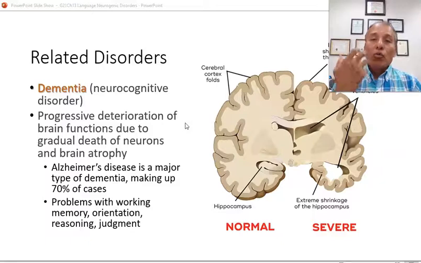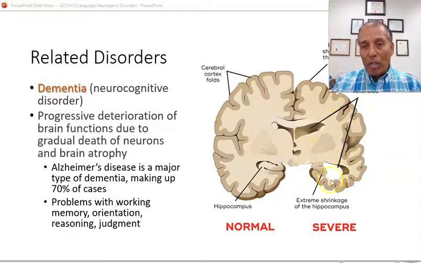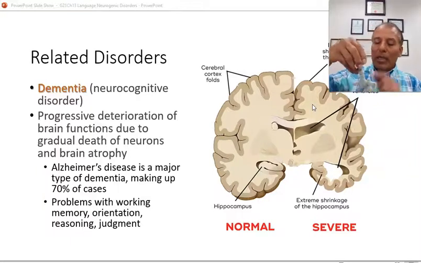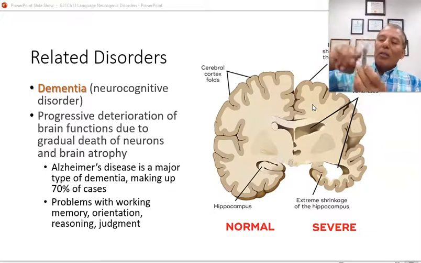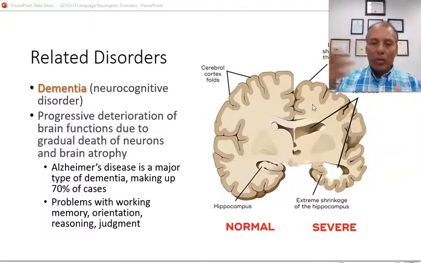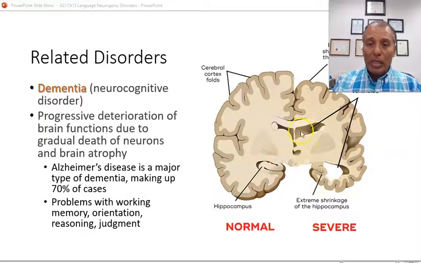So it is progressive, and it involves deterioration and shrinkage of brain structures because of the buildup of plaque inside and outside the neuron. And that plaque eventually kills the body of the neuron and causes tangles of these axons, and eventually just cutting these axons and choking them so they cannot communicate. And they have shrinkage, widespread shrinkage. So you can look now on the right side, that is severe dementia or severe Alzheimer's. And on the left side, this is a healthy brain.